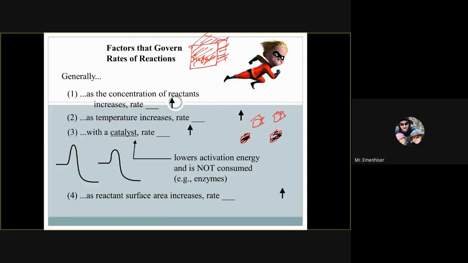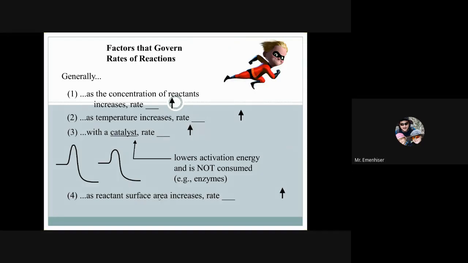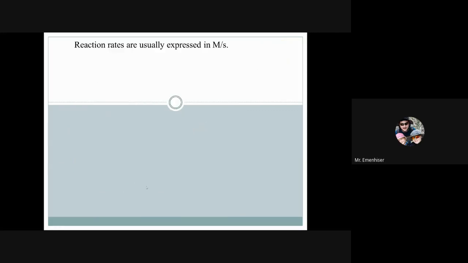And so it will dissolve it faster. Okay, what else we got? Also, as mixing increases, the rate increases. So if you take sugar and dissolve it in water, we all know that if you stir it, it will mix it quicker. Okay, reaction rates are usually expressed as